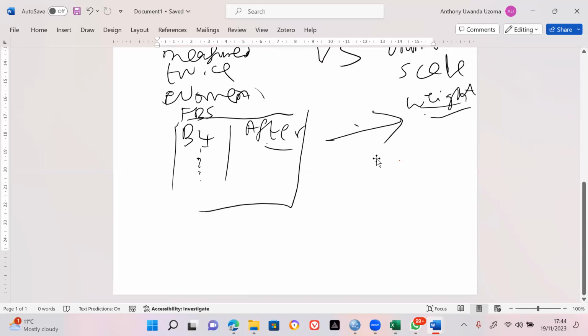Now the last category is when do you now use one sample t-test? So when you use one sample t-test is when you are comparing the average value